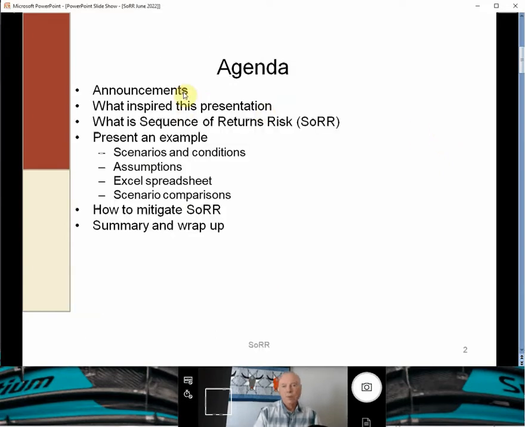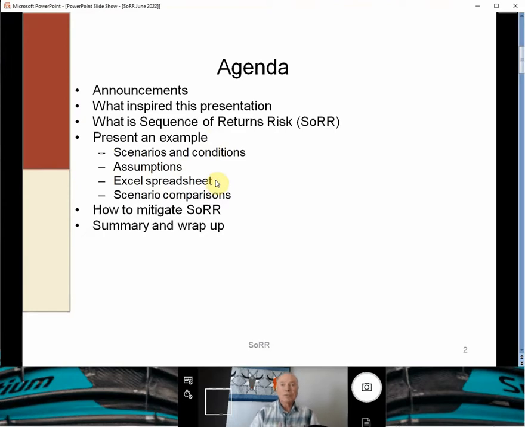First, I'm going to open up with a few brief announcements, followed by what inspired this presentation. Why did I decide to talk about sequence of returns risk today? And what exactly is meant by sequence of returns risk? Then I'm going to present an example to illustrate what sequence of returns risk is all about. And I'm going to share with you what the scenarios are. There's only two, and the conditions with respect to those two scenarios, my critical assumptions, and of course, none of